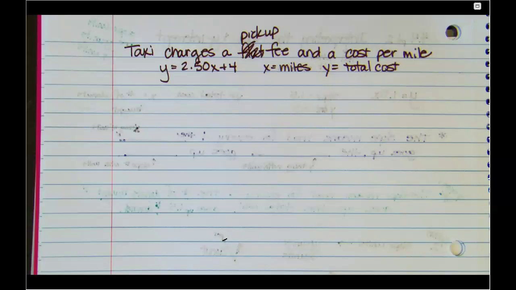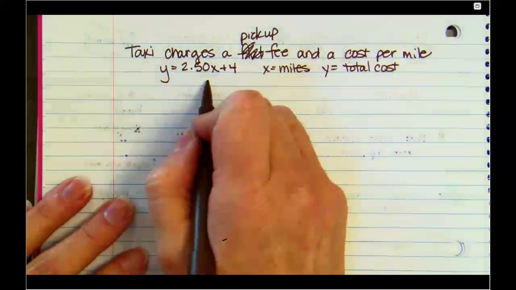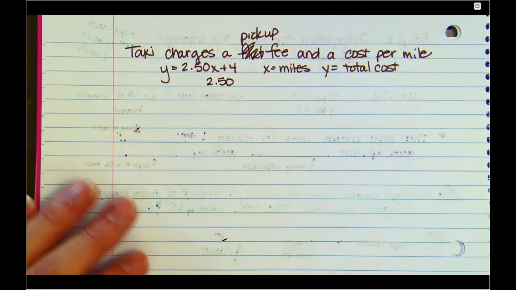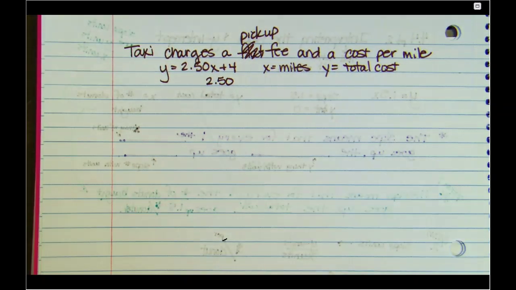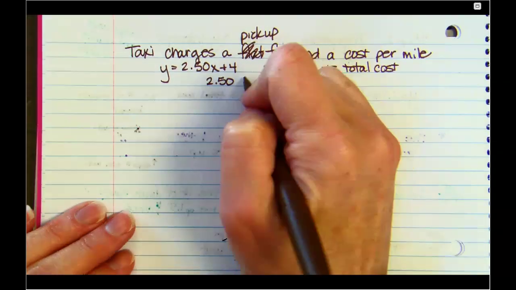Okay, so we're talking about what does the slope mean? First of all, you've got to know what the slope is. What's the slope? Okay, so it's 2.50. And it's the y units over the x units. So what would the y units be? Y is total cost. What are we measuring that in? Dollars, because you live in America. Dollars